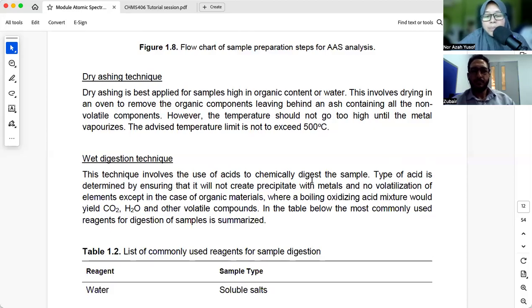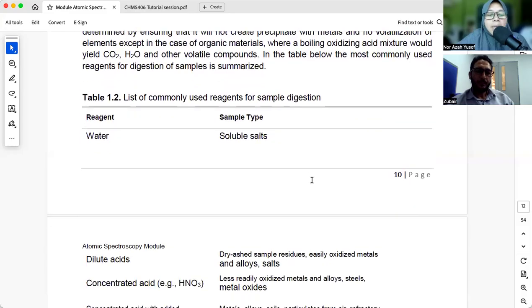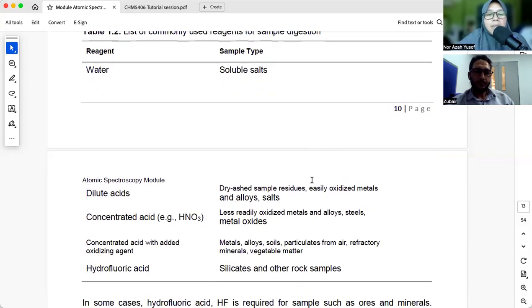You have to make sure of that. These are some of the acids: dilute acid for dry ash, for easily oxidized metals. But if you are working with alloy steel, then you have to use concentrated acids. And if you are working with silicates, rock samples, then you have to use